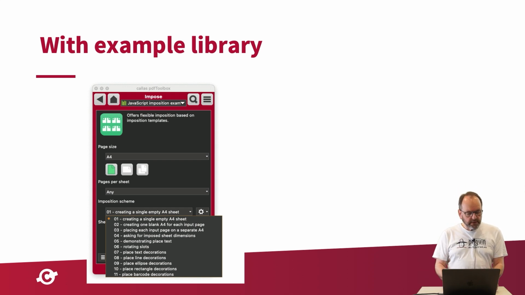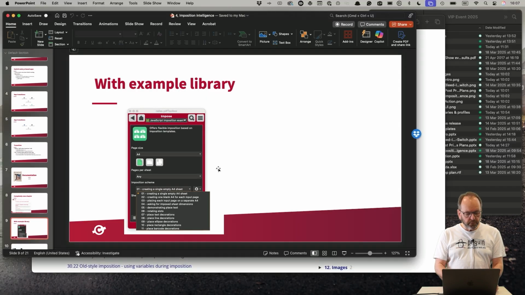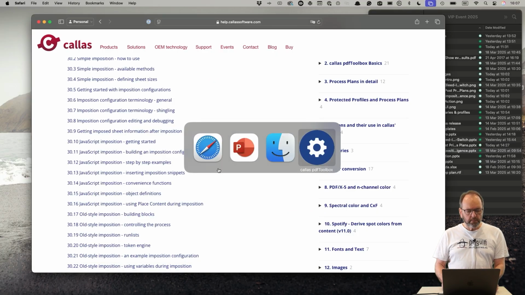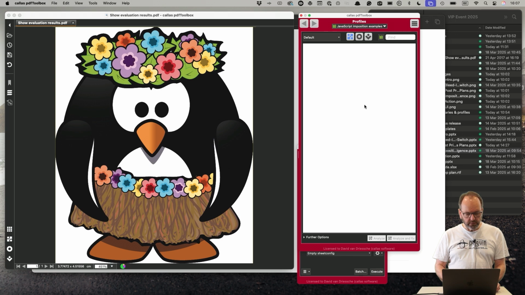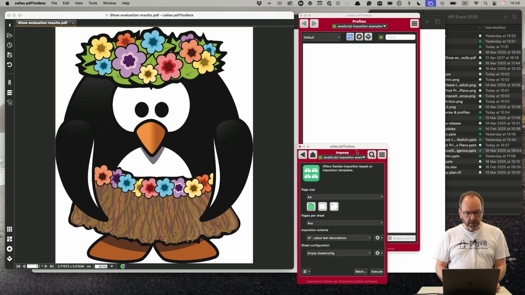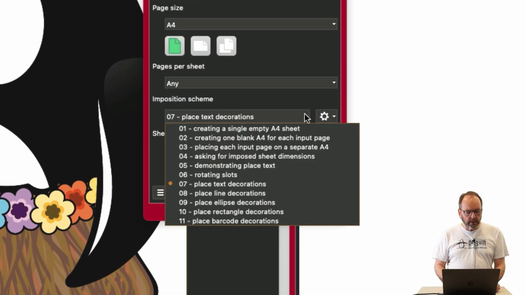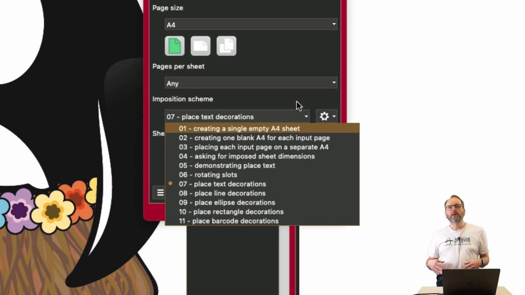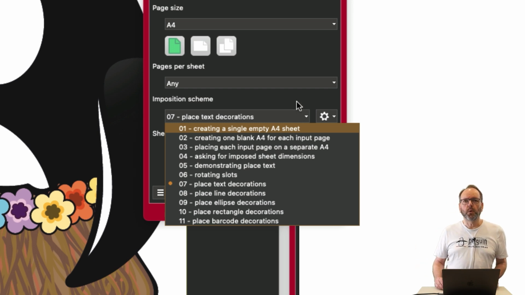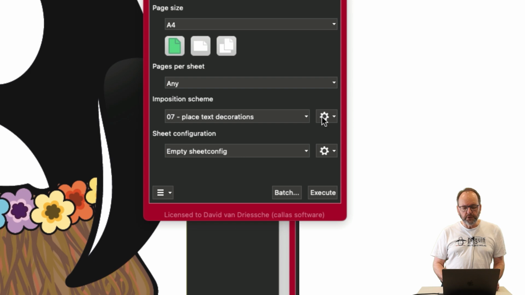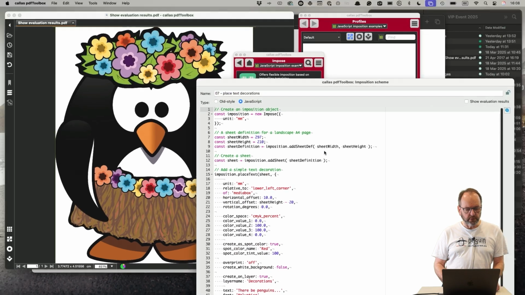And what it does is it gives you not full imposition configurations, but if I switch to pdfToolbox for a second, and then we go here, I have a list of imposition configurations that are not production ready. That is what I wanted to say. They are not production ready, but they are examples that should show you specific features of how to work with imposition. The first one, for example, let me